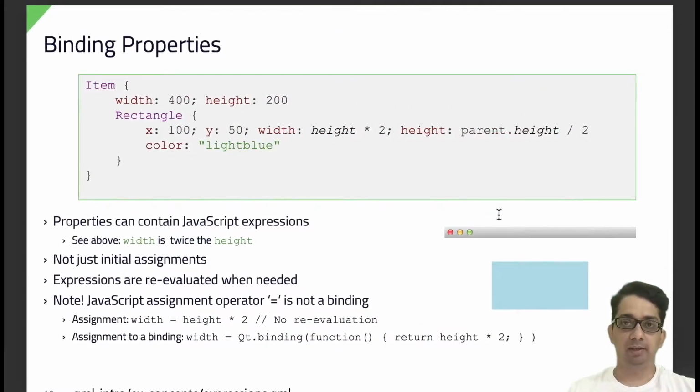Properties in QML are bound. That means they are not just initial assignments. The expressions on the right hand side are re-evaluated when needed. For example, in this particular case, the value of the width property is recomputed whenever the value of the height